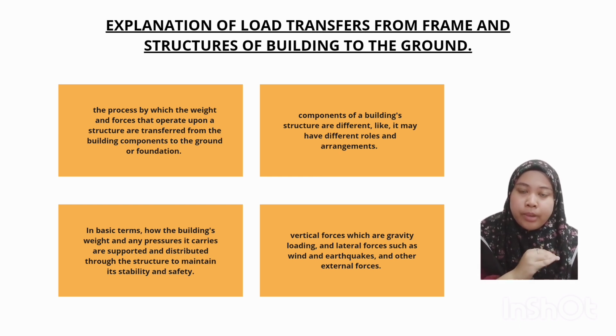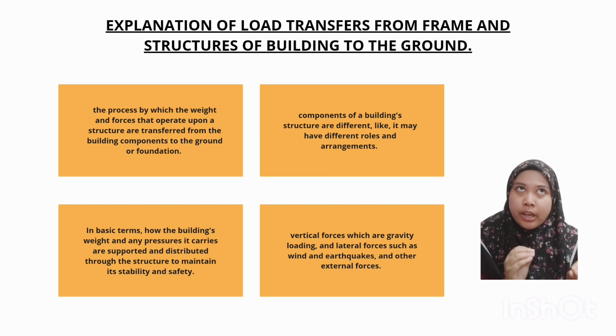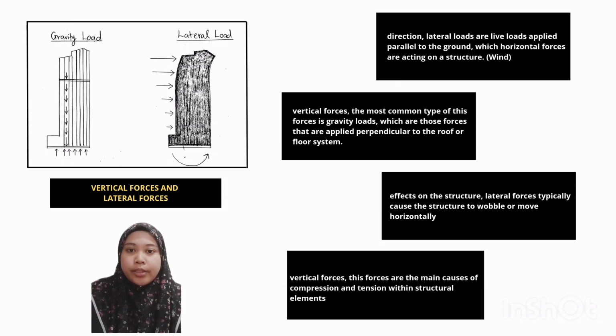So in a frame structure, loads are introduced into the structure through numerous processes such as vertical forces, an example of which is gravity loading, and lateral forces, examples of which are wind and earthquake or other external forces. So next, let's talk about